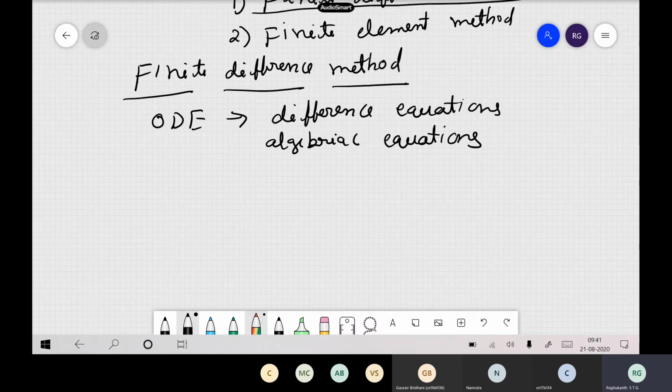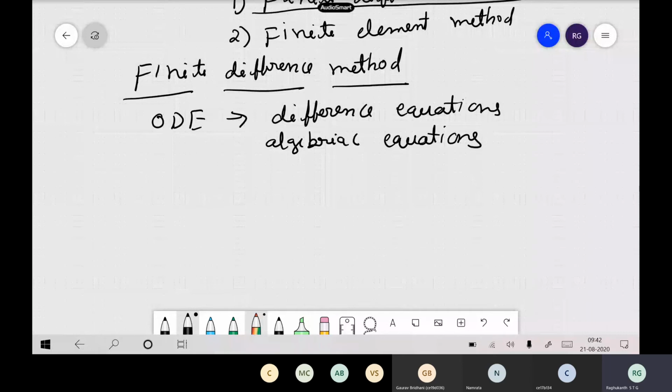See, what happened was, in the olden days, say 30 years back, this finite difference method was very popular. But then finite element came, and commercial softwares followed it. They started this finite element. So now people are not using finite difference, and many are going towards finite element, not due to the mathematics, but because the softwares have made FEM very popular. But finite difference has many advantages compared to FEM itself.